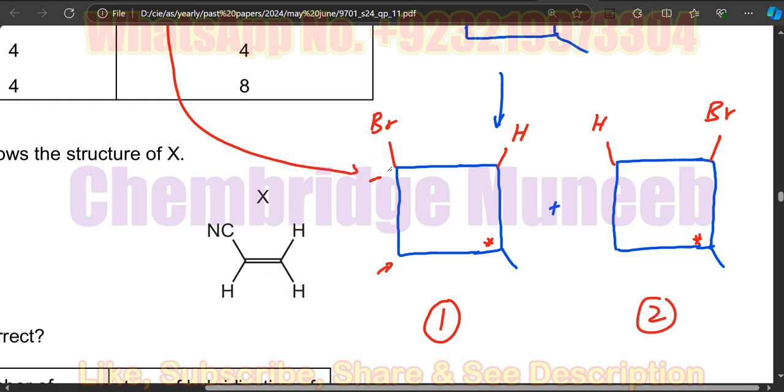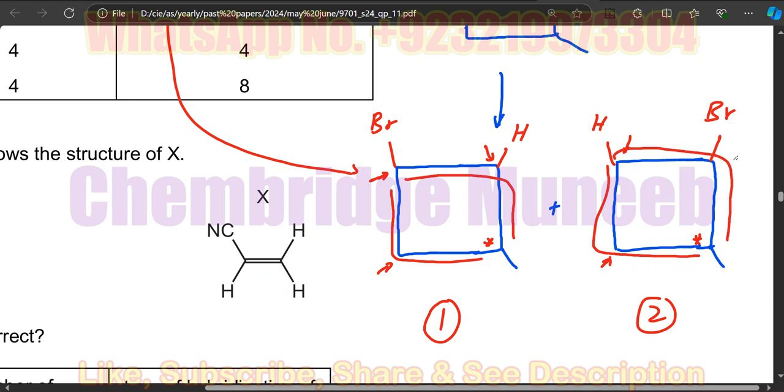If you consider this carbon, then the groups on this direction and this direction are the same, so there is no chiral center here, and there are 2 hydrogen atoms on this carbon. And if we check this one, there are 2 hydrogen atoms on both sides of this carbon. And if we check this carbon, the groups on both sides are the same. And for this carbon, the